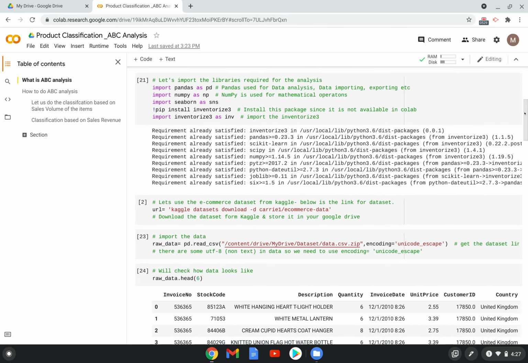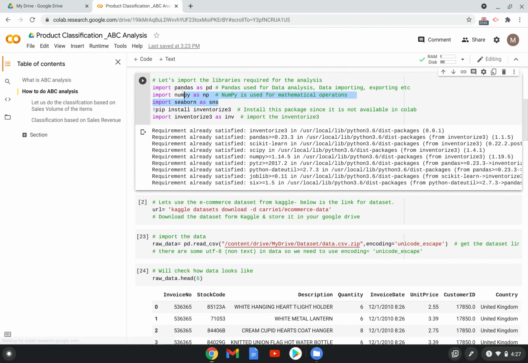Right. To conduct this analysis, we need some packages in Python. I have listed those packages here. We need pandas, numpy, and seaborn; most of you might know these three packages.